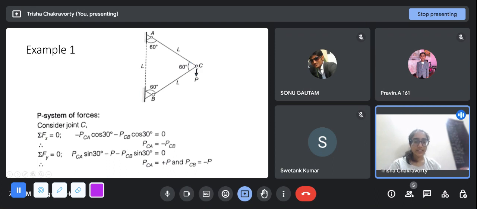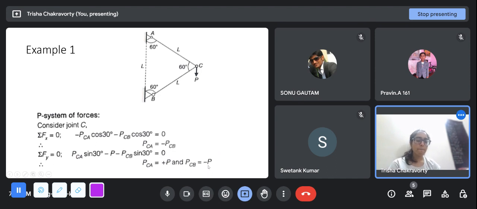and adding up the forces in the y direction, we get, see, PCA sine 30 degree is oriented upwards, minus P, which is the applied load, minus PCB sine 30 degree, because this one is downward. See, we have taken this force in this direction, so its x-axis force is in the left direction, and the y-axis force is in the downward direction, so it is minus. However, for CA, you can see that if the force was like this, when you split it into components, along the x-axis it will be along the negative x-axis, but for the y part it will be in the positive direction. So this is the second equation,